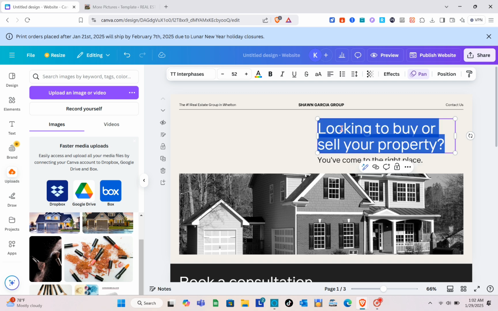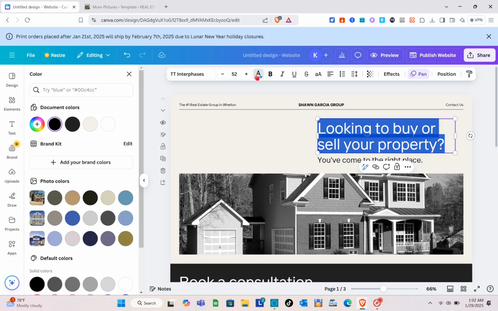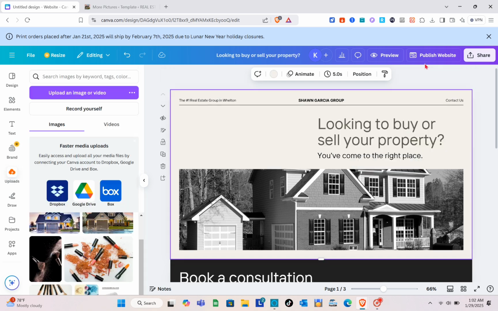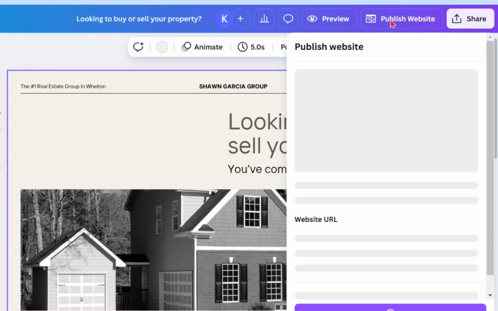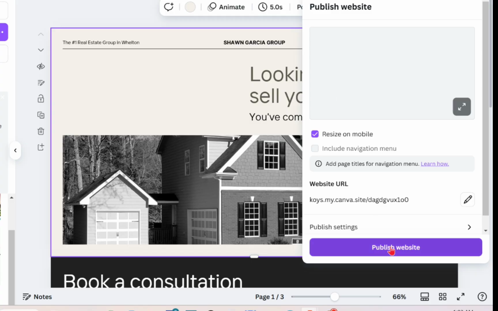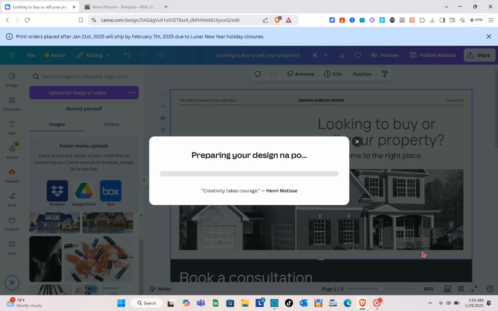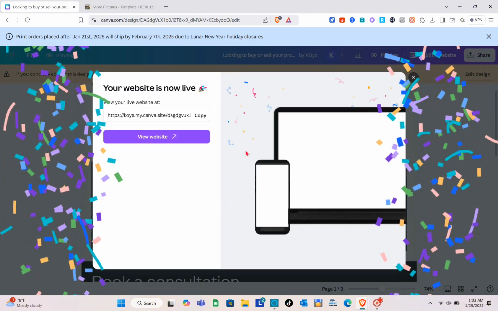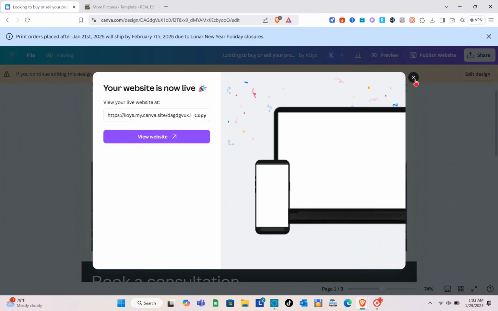publish your website. Okay, so to publish your website, you just have to simply click on the publish website option at the top right. Okay, and then make sure to check the box for the resize in mobile, and then just create your website URL and click on publish website. Just have to wait for a couple of seconds, and then once your design is ready, next thing that you